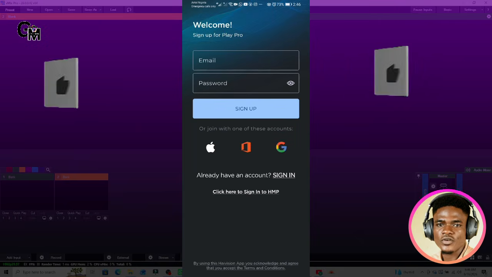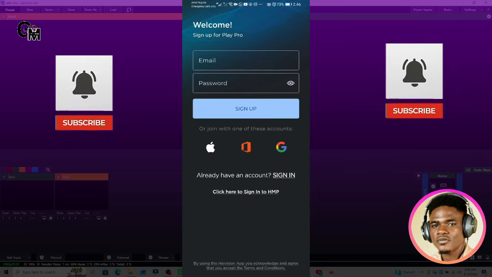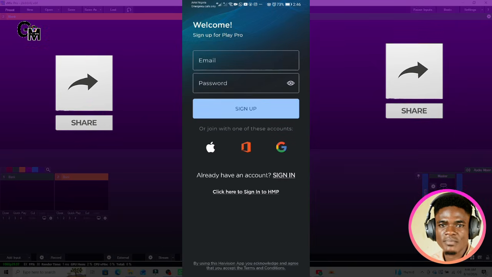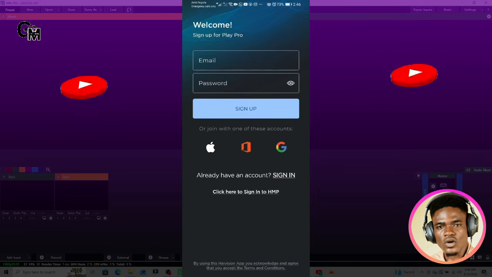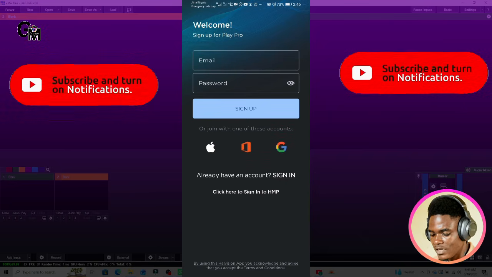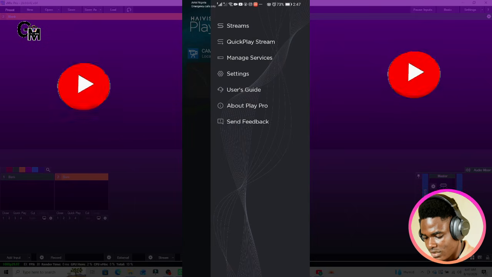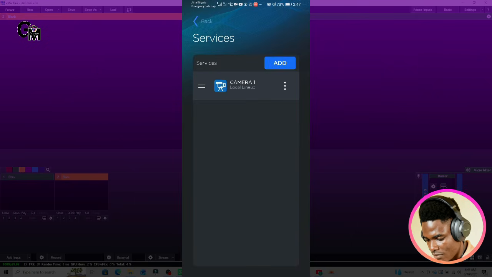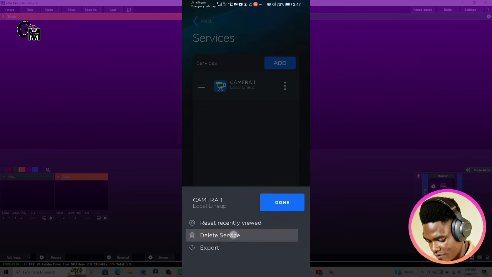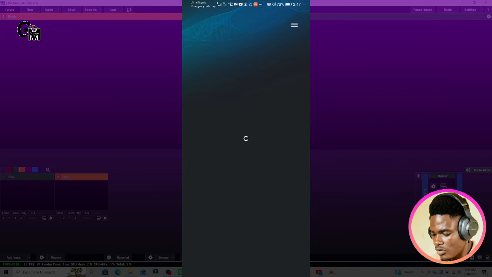Alright, so the first thing you're going to do, you're going to sign in using your Gmail and then put in your password, not your Gmail password. You can just put in any password you want. All right, a password you can remember. All right, so just sign in. Once you've signed in, go ahead and open it, and then let me quickly delete this. All right, for the sake of the tutorial. Okay, now once you've signed in,